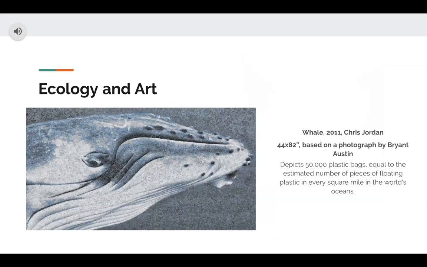Other artists, like Chris Jordan, may use recycled or found materials to provide a narrative for promoting ecological conservation. This is his portrait of a whale made using plastic debris found in the ocean, and it represents the danger this plastic brings to natural sea life. If you were to go up close to this work, you would be able to see tons of plastic pieces. This piece was made as a part of his series, Running the Numbers 2, Portraits of Global Mass Culture.